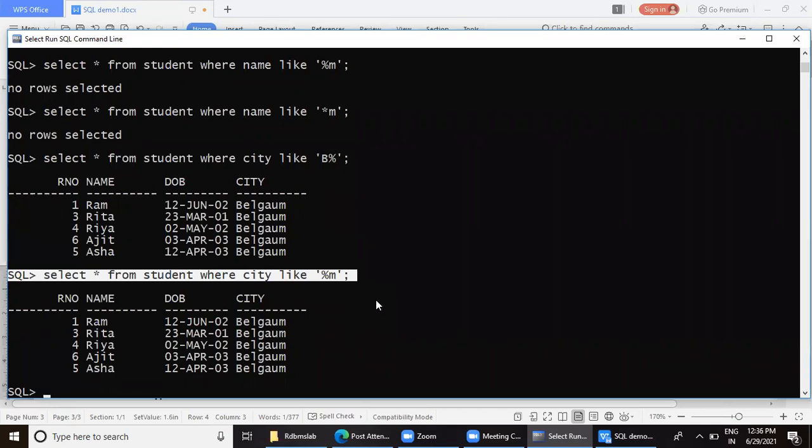Take down this question: display the student details who are born in the month of April, irrespective of the birth year and birth date.